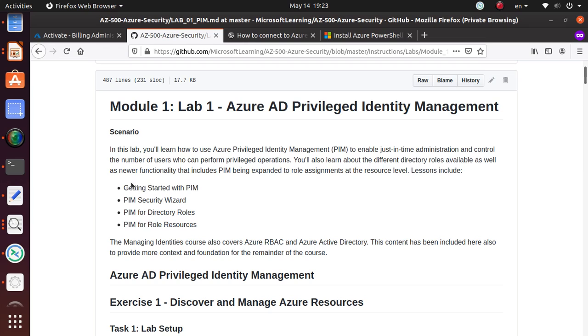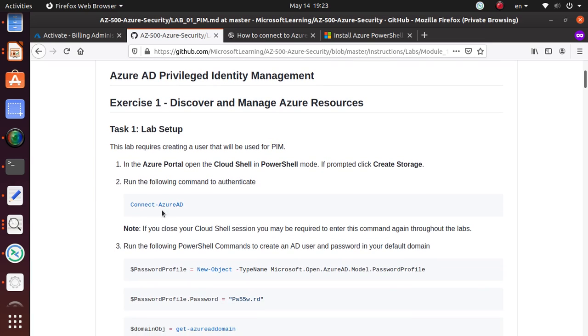So in this lab, pretty much we'll see the features of PIM, Privileged Identity Management. We'll go through the security wizard. We do some of the directory roles and the role resources. So there are many ways. So you need some users who you can assign the privileged roles. And for this lab,